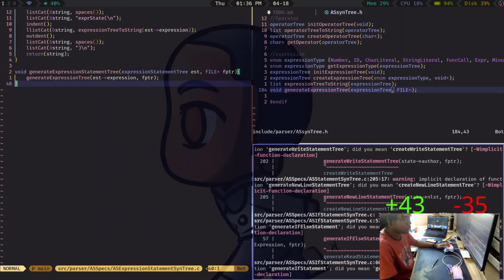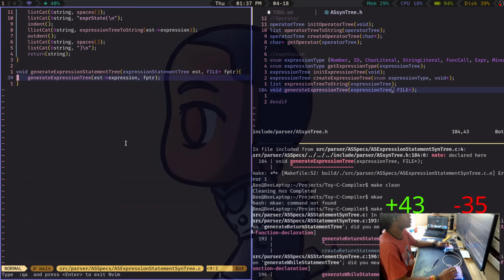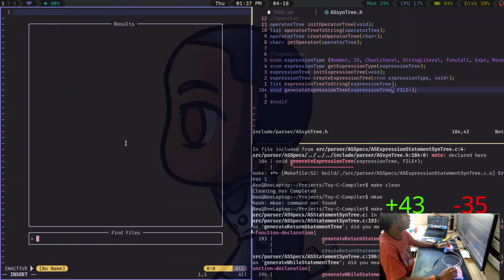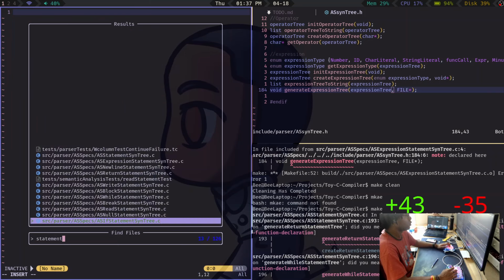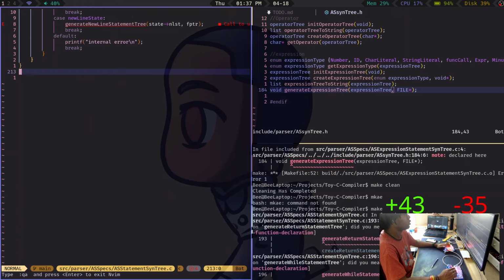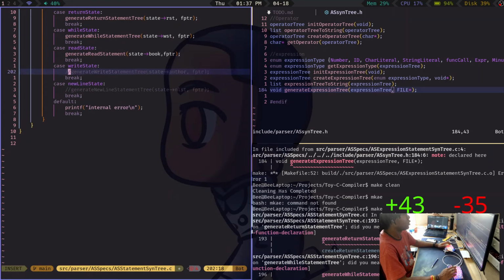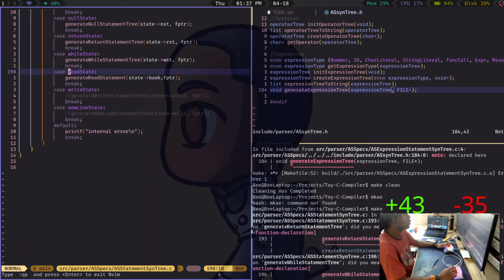Oh my gosh, there's more. This is generate statement tree. This is another one of the ones that should just have stuff that's not implemented yet. Yeah, there it is. I did read.